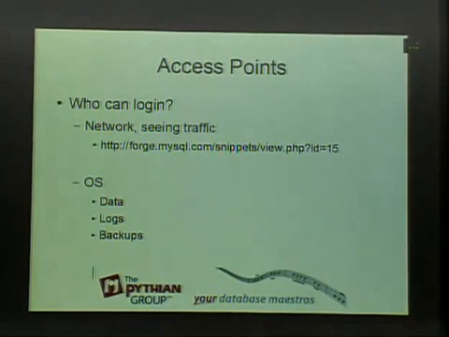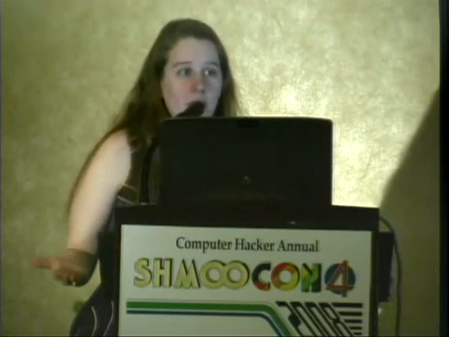So the access points on the data: you've got the data files themselves. You know, strings is a wonderful thing. You've got the log files. You've got the backups. If you're doing something like replication, whether it's Oracle or MySQL replication, it has to get the information from one place to another. It might be done by data blocks transferring over, or manually by rsync, which is kind of the same thing, or by statements in a log that get moved. Again, somebody can intercept that. They now can get your entire schema. They can find the user table. Maybe it's not called users.